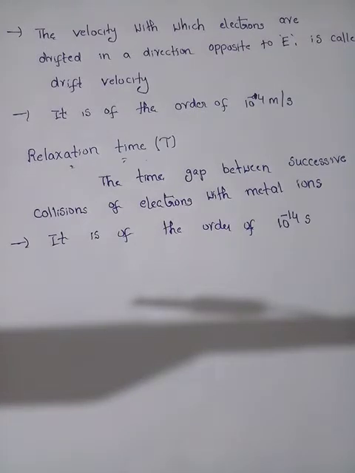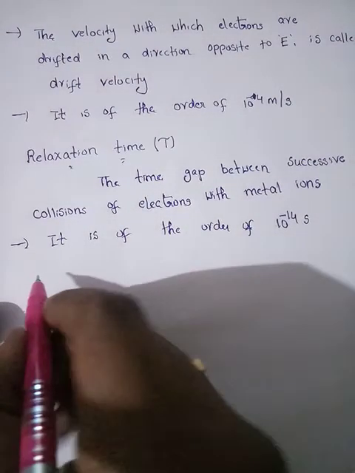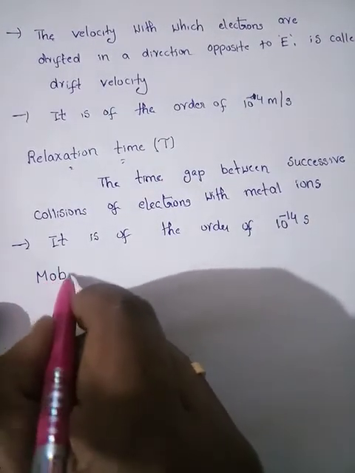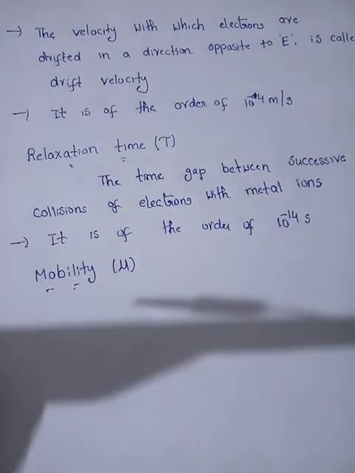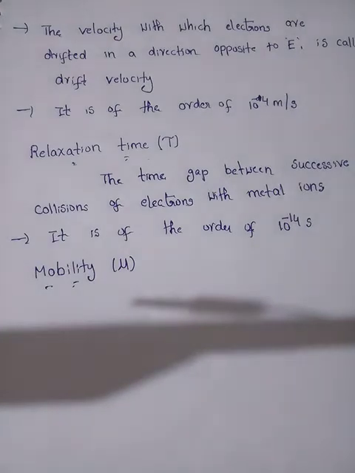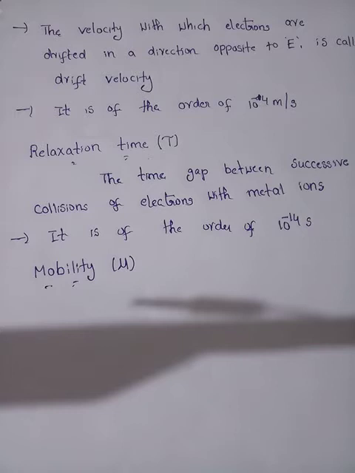Okay. Now next one, very important definition, mobility. See, if you give an electric field to a proton as well as an electron, there is a difference, right? The proton has more mass, so the drifting towards the other terminal will be more for one charge and less for another charge. So for how much electric field we applied, how the electrons are drifted in a conductor or in any substance, for example a semiconductor or liquids or gases, that is called drift velocity.